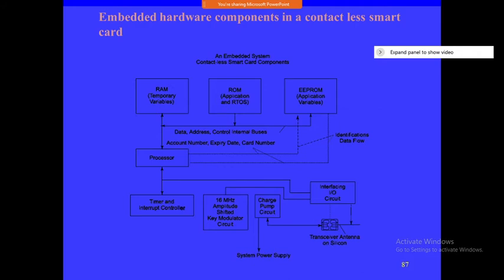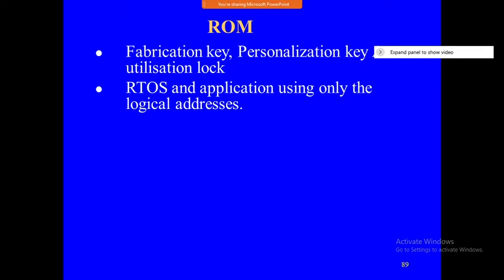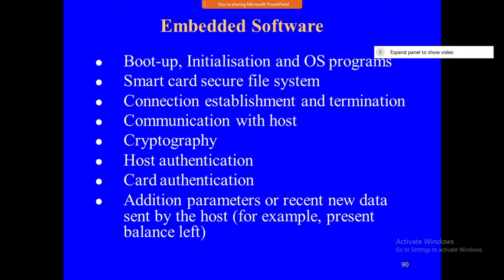Software architecture is abstracted as consisting of some software components, that is the boot up, initialization and the RTOS software for the communication with the host machine. These all the software are going to be added here. Next are the extra functional properties. Any extra functional properties that are necessary we are going to be adding here.